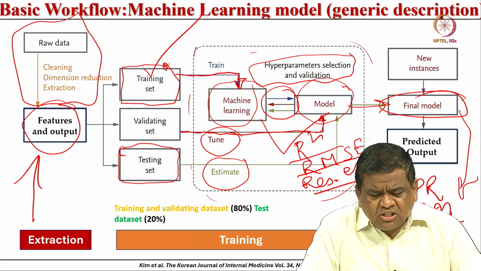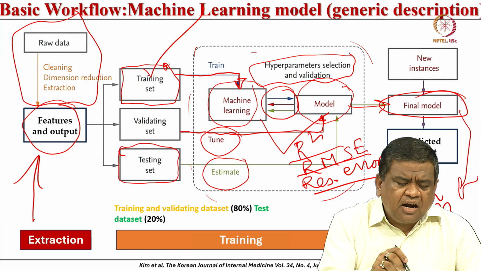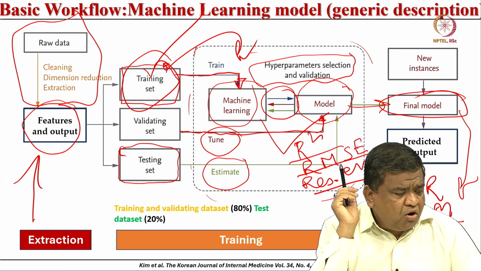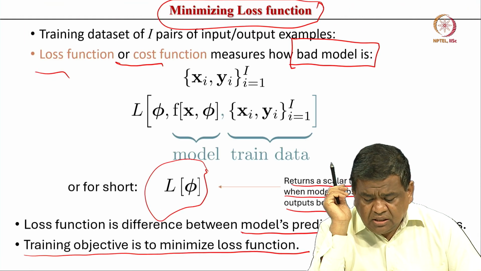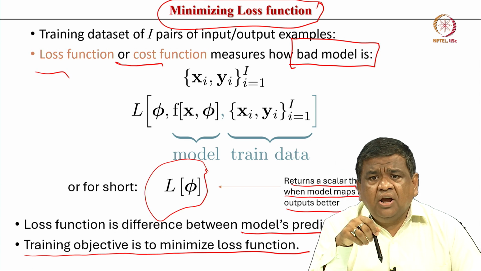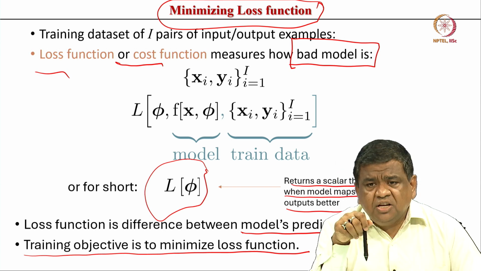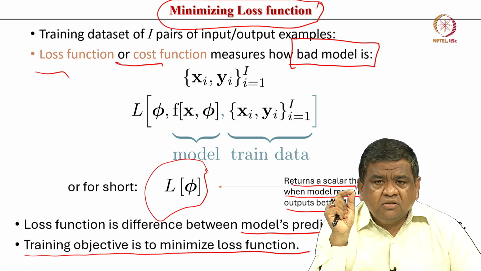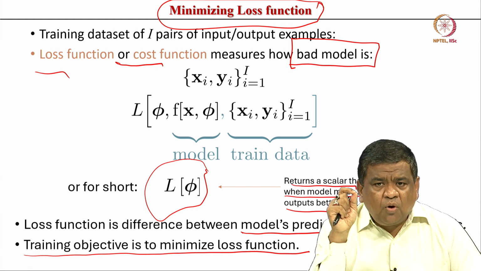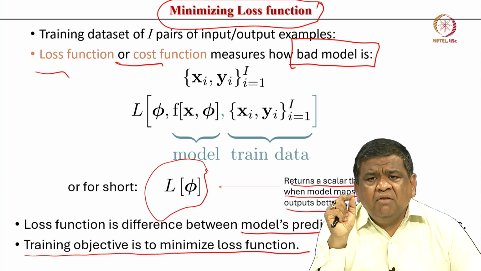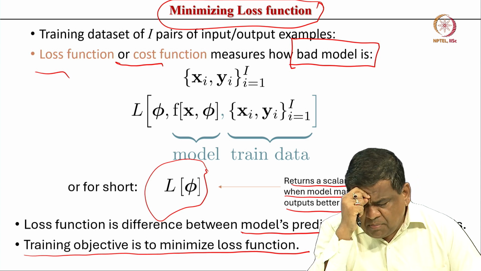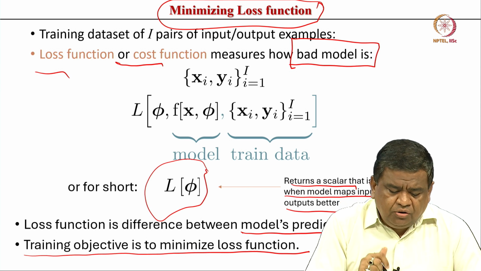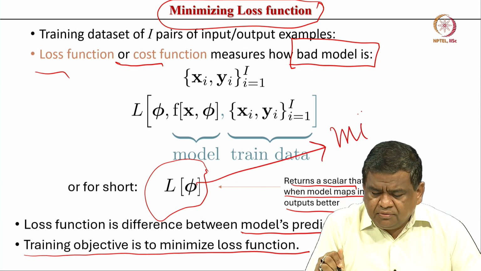So, all the cases that you have seen, the training data sets that essentially train the machine learning model, and this model's training predictions and test predictions, using the test data sets and the actual value: the smaller the difference, the better the performance, and a smaller difference means that the L phi value is also minimized. So, the loss function value is to be minimized.